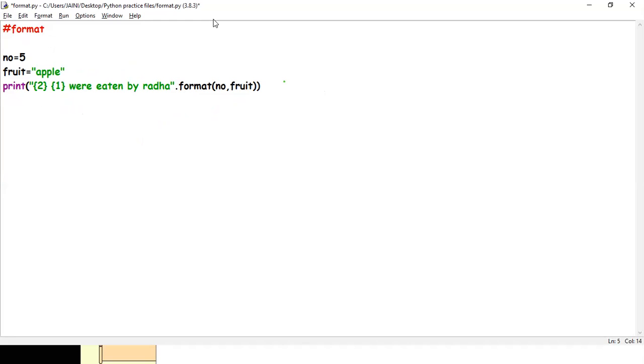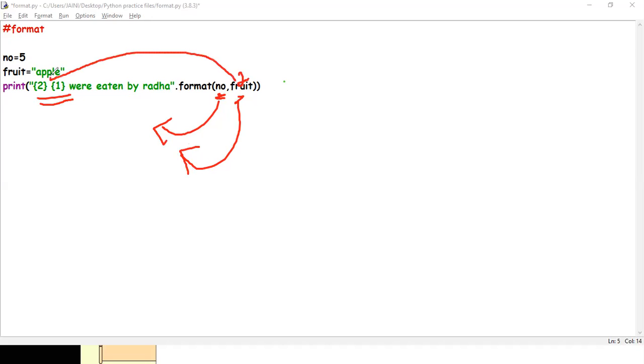When it is blank, my computer understands that the first one goes in the place of first, second one goes in the place of second. But now I have put numbers here. That means this is my number 2, so this will go in the place of number 2. This is my number 1 because I wrote it first, so this goes in the place of 1.